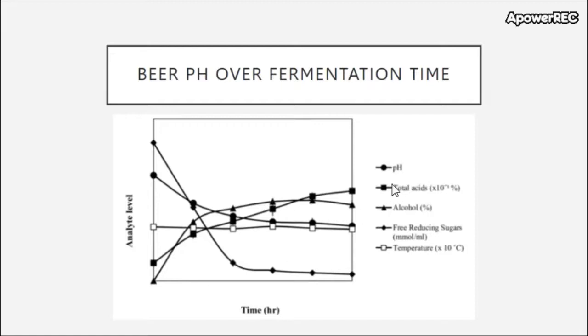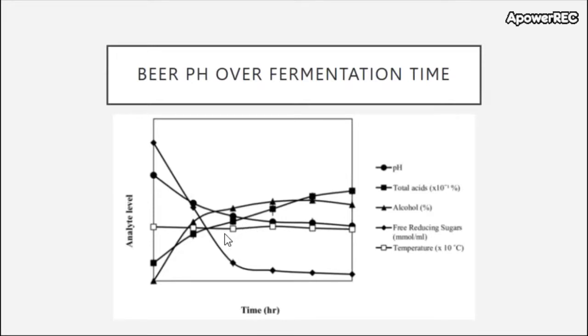If we look at pH here, the yeast will actually change the pH over time. When they start consuming those sugars, they start producing acids, which lower the pH. So this pH gets lowered quite dramatically, very quickly, and then it prevents a lot of different pathogenic and spoilage microbes from